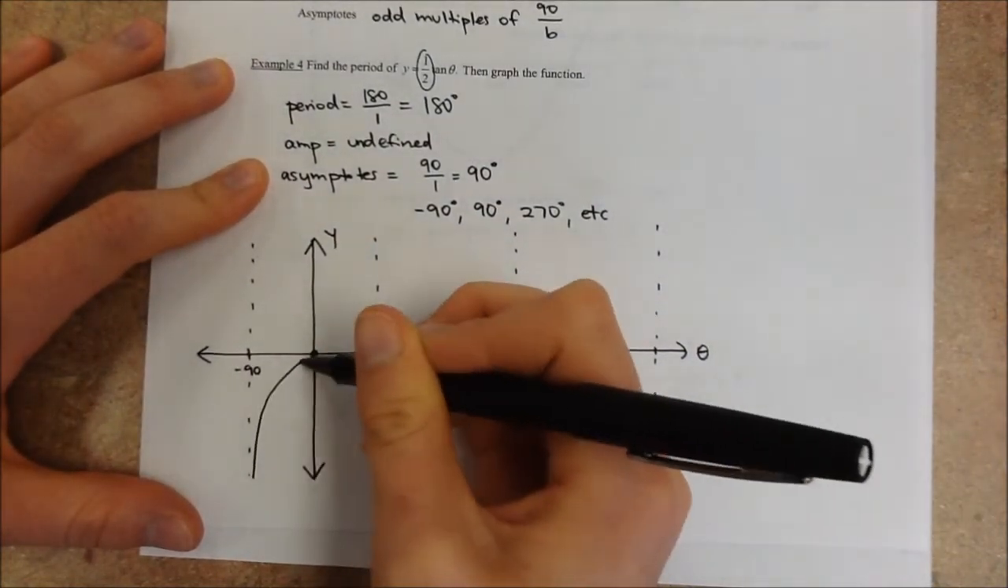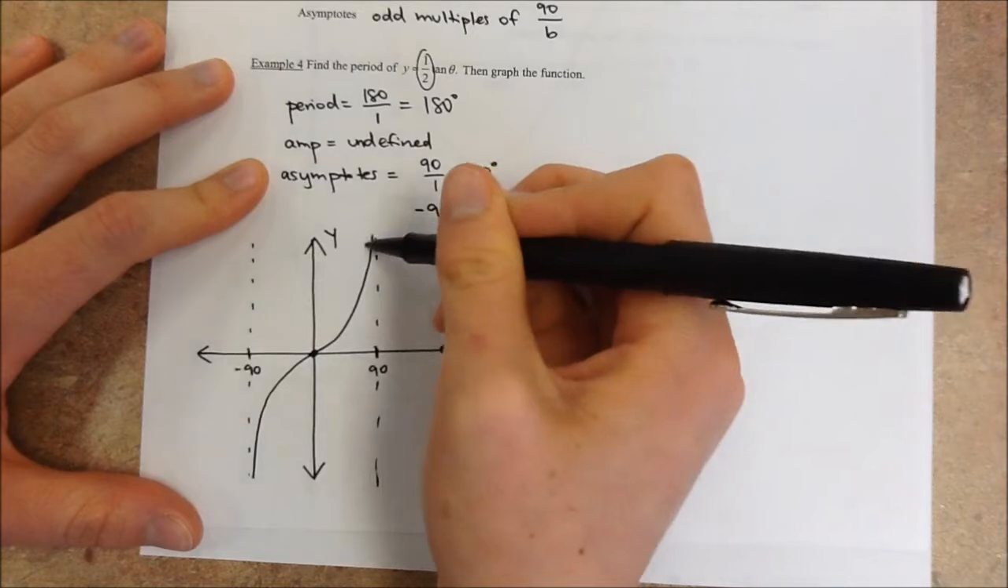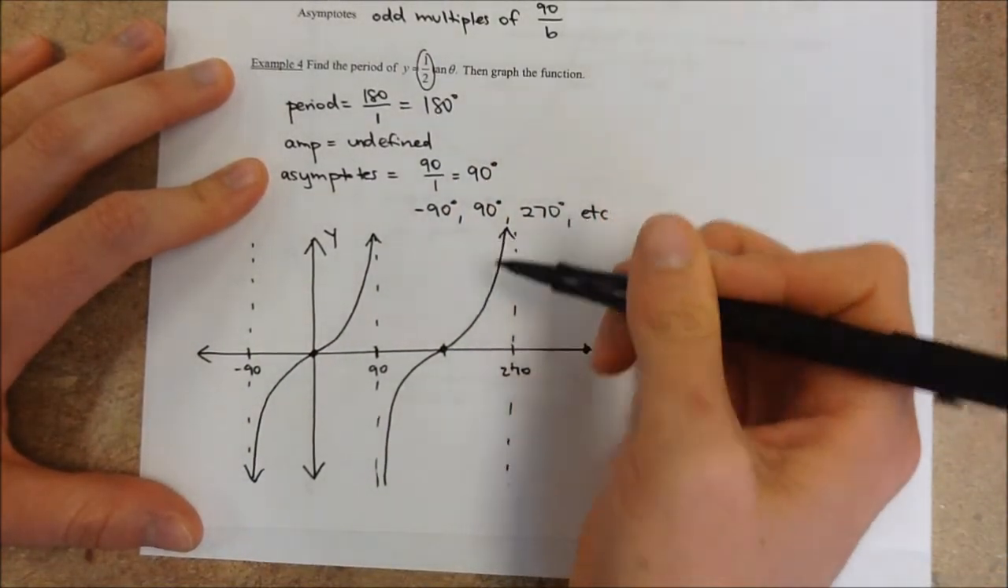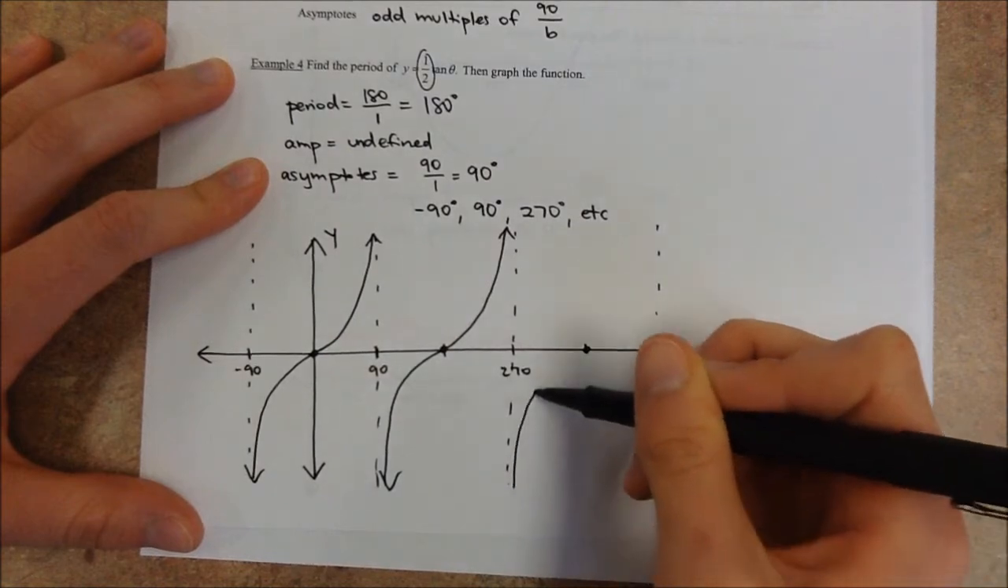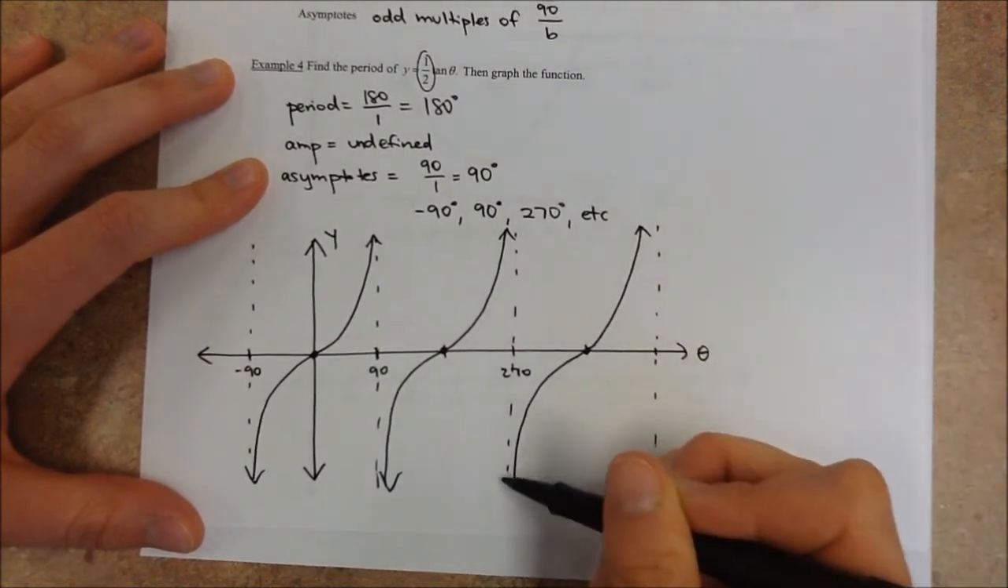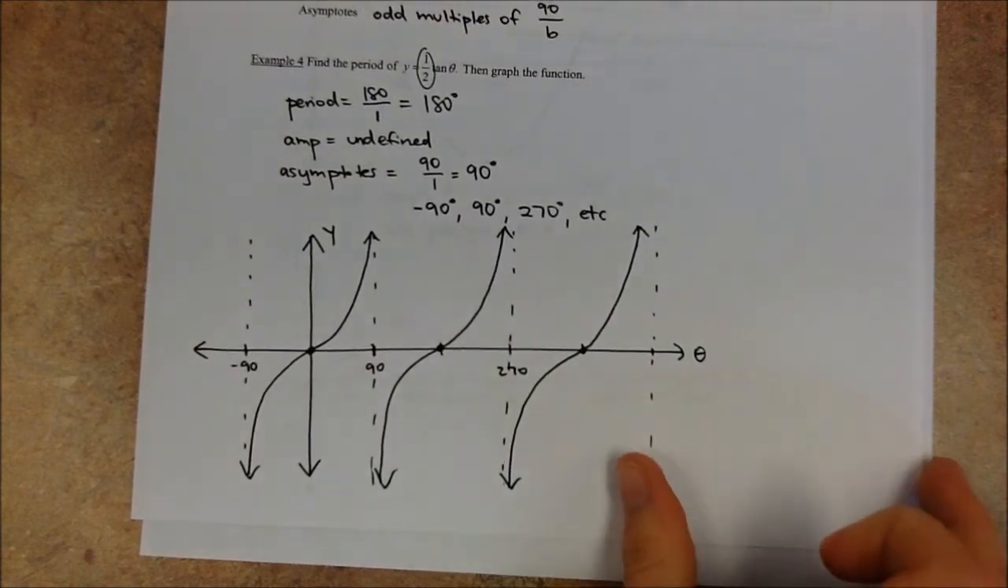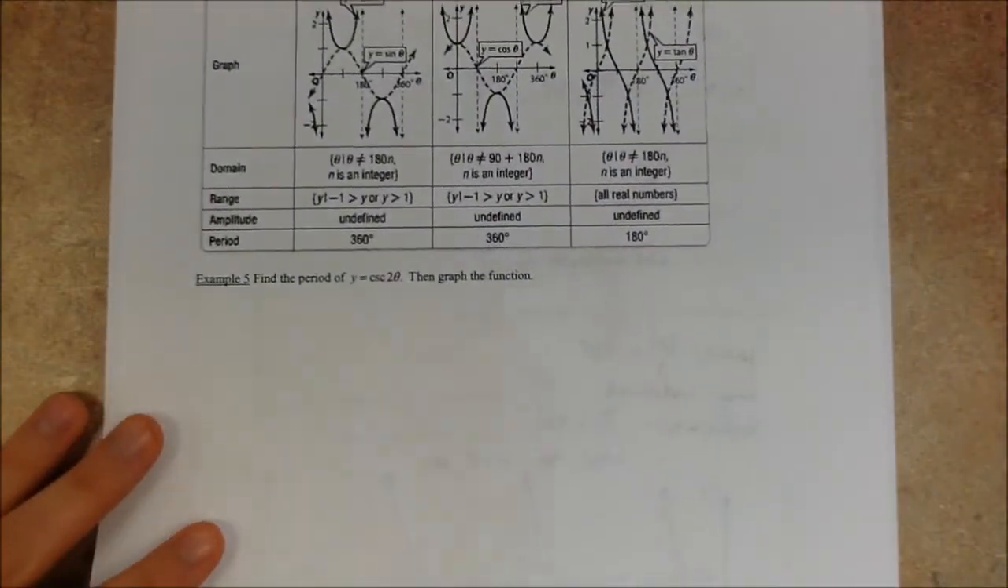Kind of wiggles up to this point, and then you've got a piece here, a piece here, and it just repeats this pattern over and over and over again. It's not a super exciting graph. The only difference from graph to graph is where the asymptotes are, basically. Okay, so that's a very brief look at the tangent graph, and now an even briefer look at the other